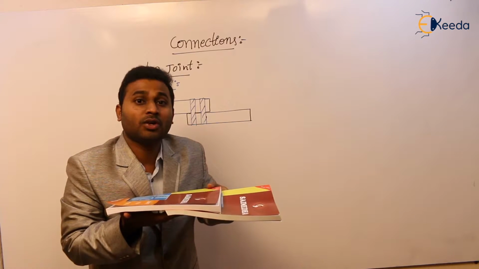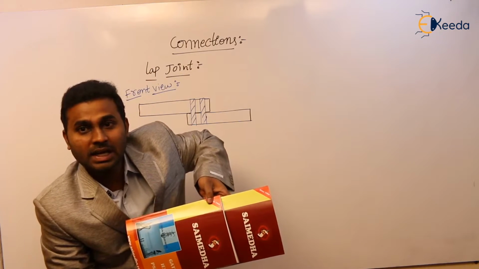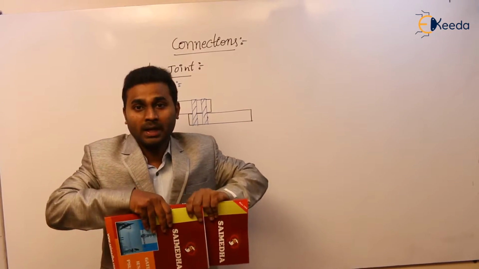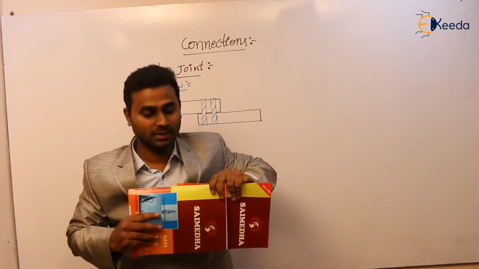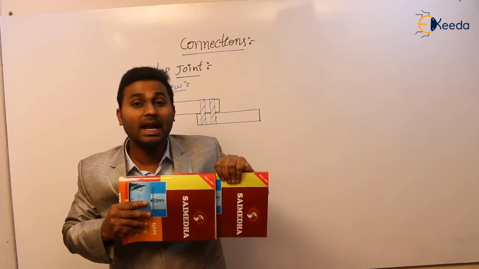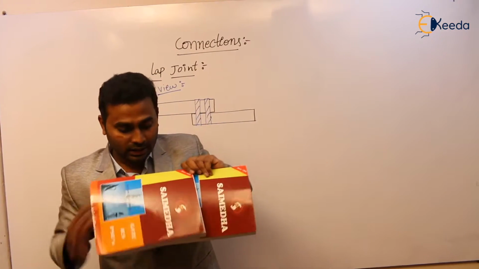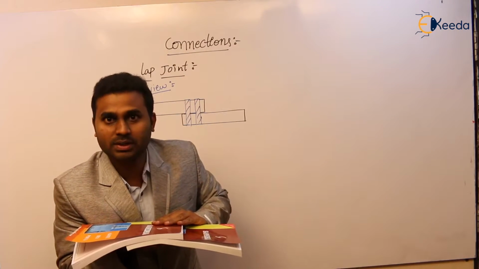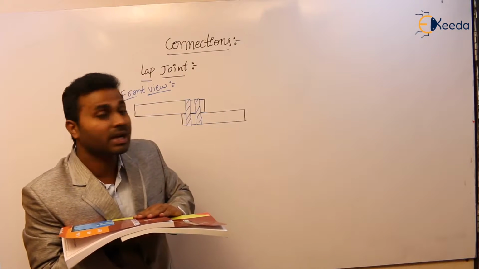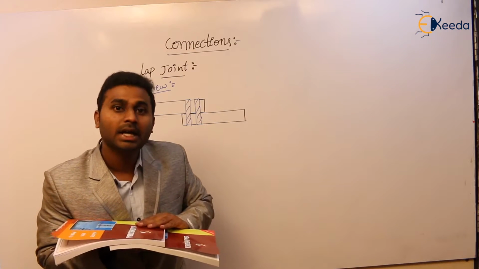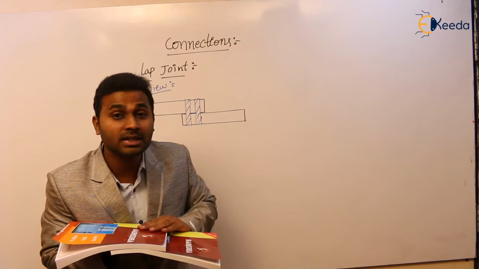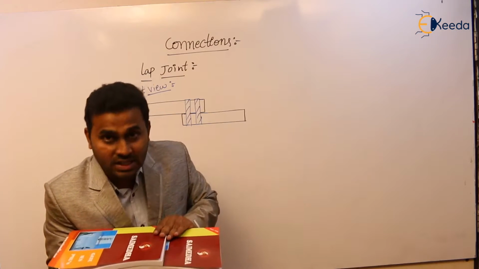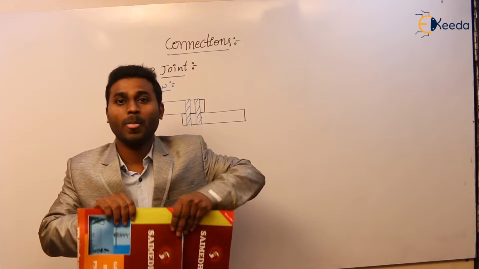Clear. And what is the other view? The top view: if I place it like this, it is the top view. In the top view, what dimensions do we observe? Length and width. Now, in the front view, we can observe the number of lines of bolts. If you see the diagram, how many lines are there? Two lines. But in each line, how many bolts are there? We cannot see that in the front view. To know the number of bolts in each line, we have to go for the top view.